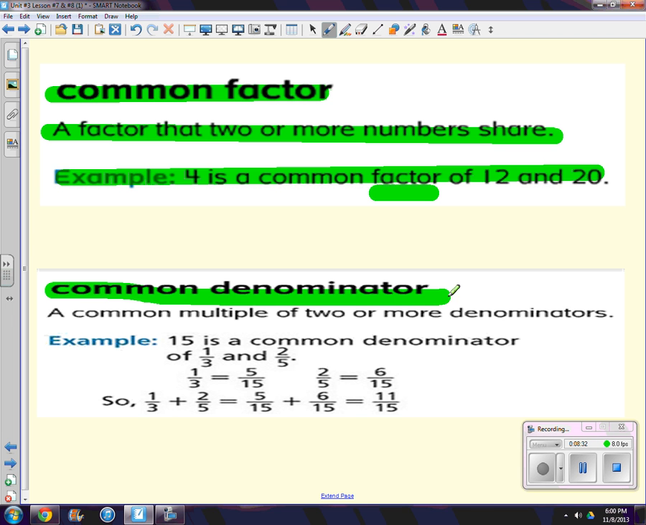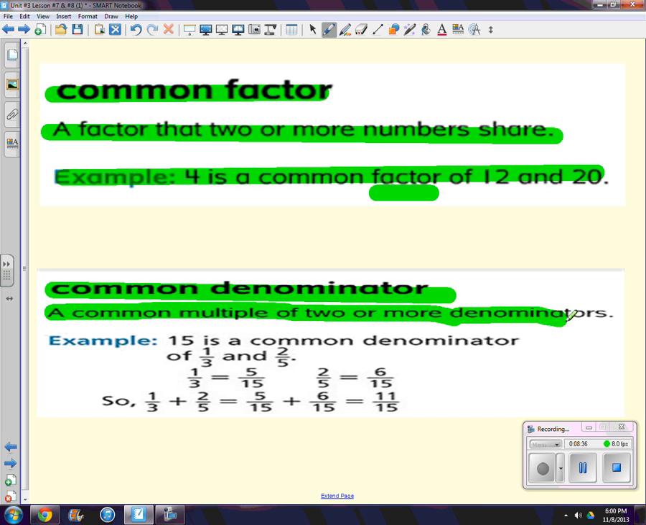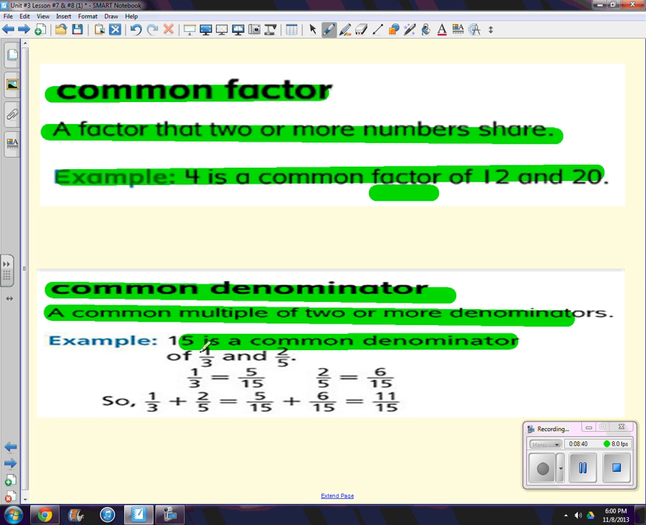Common denominator, copy that definition down. A common multiple of 2 or more denominators. Example, 15 is a common denominator of 1/3 and 2/5. 1/3 is equivalent to 5 over 15. 2/5 is equivalent to 6 over 15. So 1/3 plus 2/5 is equivalent to 5/15 plus 6/15, which makes